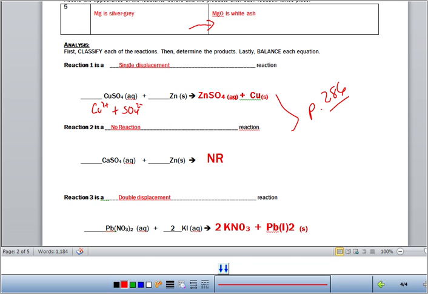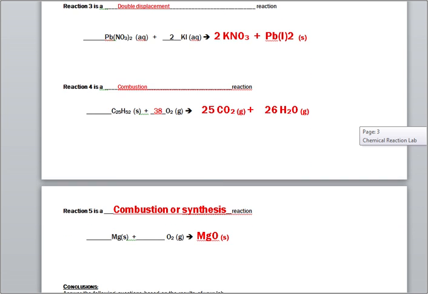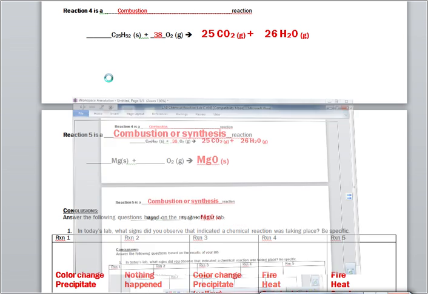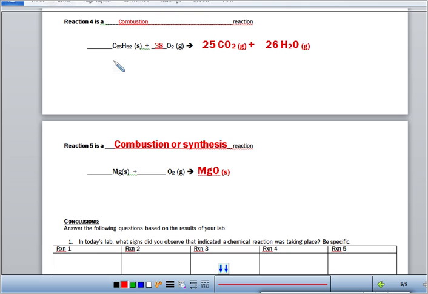Alright, so we did the double displacement. And now we're looking at a combustion reaction here. Reaction number 4 is combustion. And we took this candle wax, and we assumed that the wick is just there to keep the flame, okay? And what's really being burned, that's why you notice a candle can burn for hours and hours and never burn the wick up. Well, it's because what you're burning is the wax. You burn very little of the wick. Only the wick, as it gets up above and gets unsaturated by the wax, do you burn the wick up